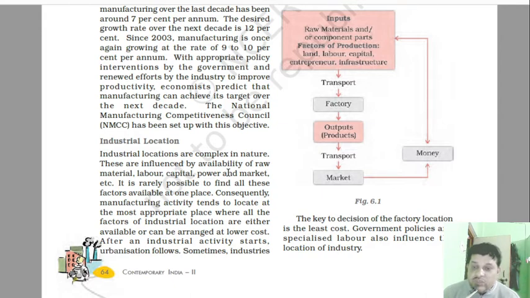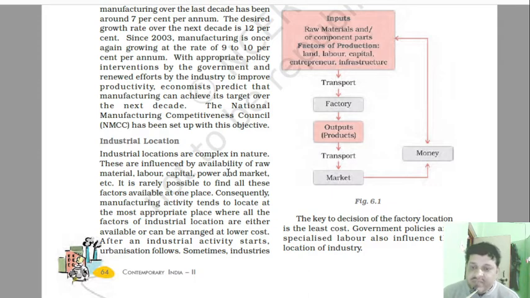So it is rarely possible to find all these factors available at one place. So it is not prudent to think that all these factors will be available at one place and that will be considered the best place to establish the industry. Somehow we may have one or two factors available, and somehow we may be lacking one or two factors. But the main focal point of the establishment of industry is the least industrial cost, production cost. Because the main motto of the industry is to earn profit, and earning profit depends upon its cost of production. So it is also taken into consideration.